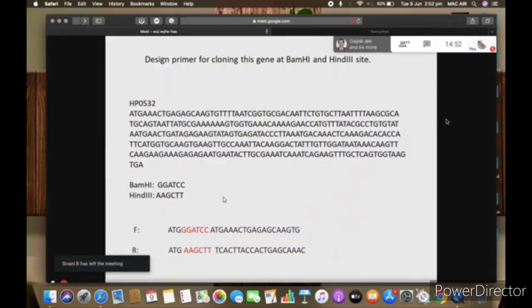Suppose you are digesting with BamHI, then 2 extra nucleotides are sufficient. But suppose you are digesting with NdeI, then 4 or 5 nucleotides are required. Some enzymes are larger, or for some other reason they need longer seating sites. Some enzymes are so robust that even with smaller seating sites, they can digest your DNA efficiently. Fine? Yes, sir. Good.